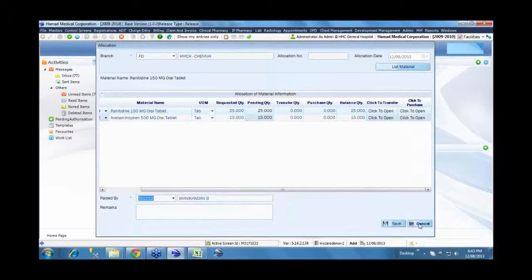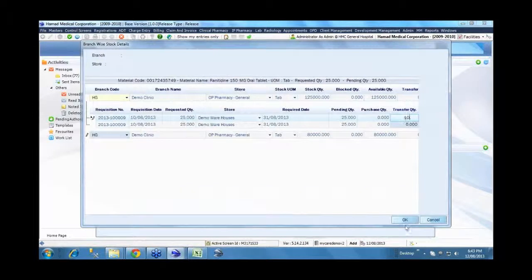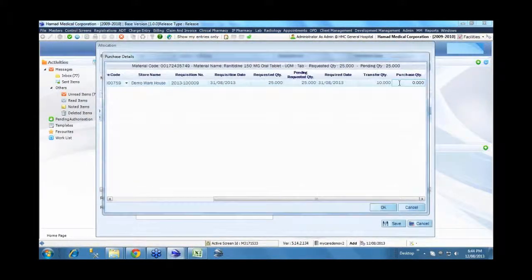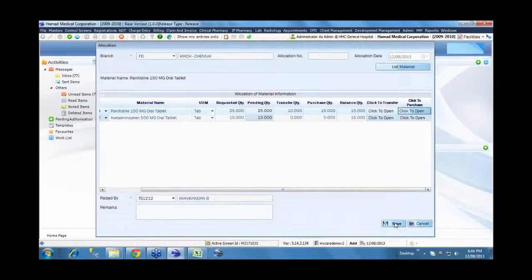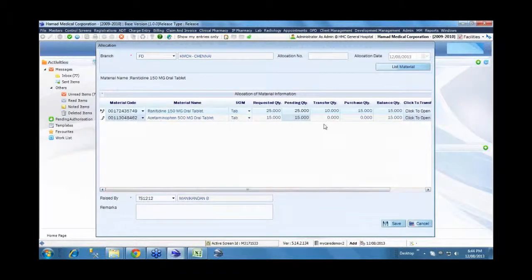As and when the internal requisition is received at the main warehouse, depending upon stock availability, they can decide how much quantity they need to transfer and how much they want to procure. And sometimes the stock may not be available in the main warehouse, whereas the same item is available in excess in some other facility or warehouse.